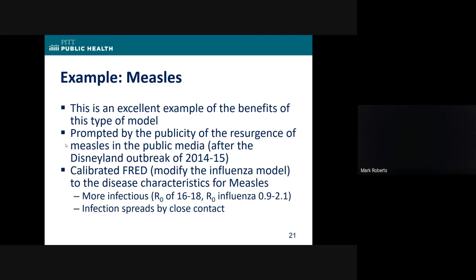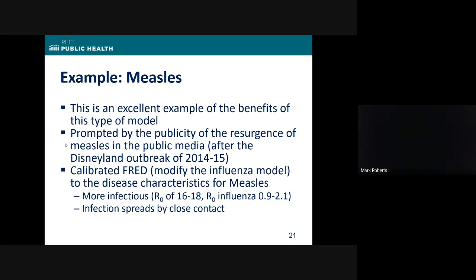And my response was, everybody understands herd immunity. That's not going to help anybody. And he ignored me, which was a good thing. And we built the measles simulator. It's important to remember that measles spreads relatively similarly to most other infectious diseases that spread by contact, but it's remarkably infectious.